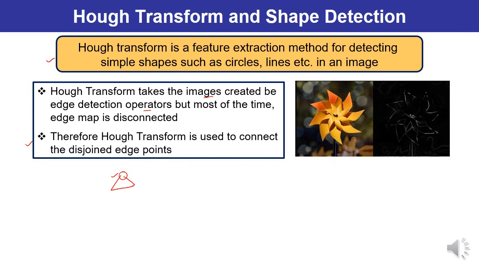You can observe an image which has been drawn over here. I picked this image from Google itself. It is a picture of a flower, and in the next image the edge detection has been done. While applying the edge detection operator, you can observe that some of the edges are disjoint. You cannot visualize them very clearly. It means there is a requirement to connect each and every edge point so that the analysis and identification of the image can be done accurately. So I hope this particular point is clear to you: what is the Hough transform?